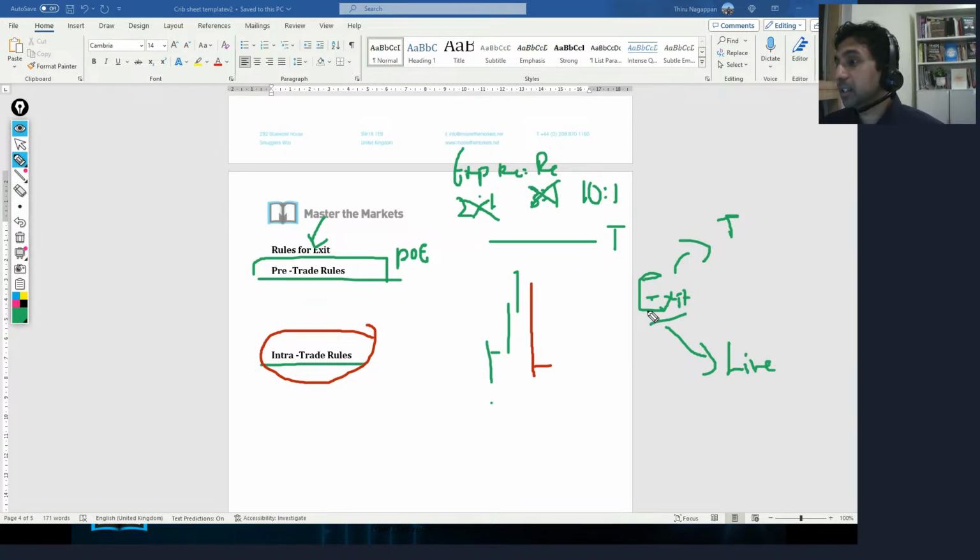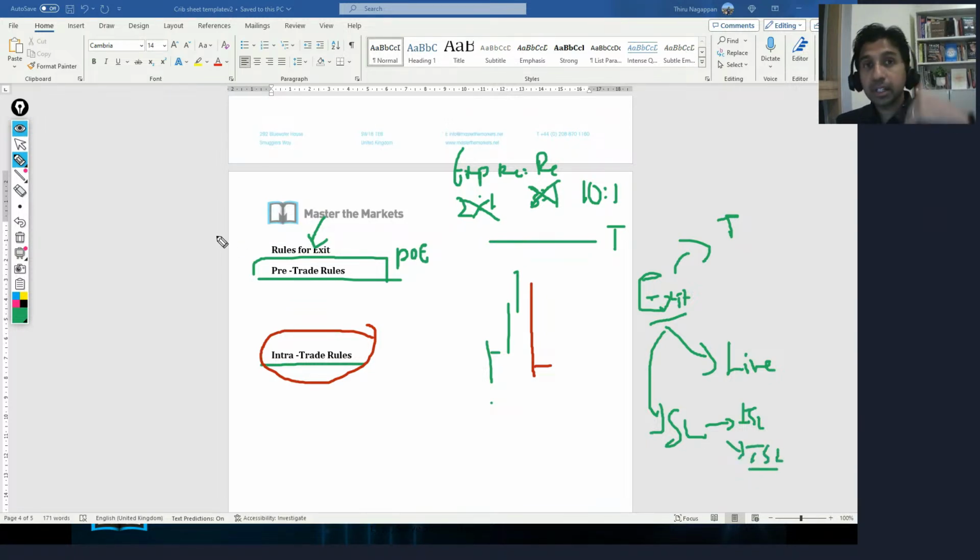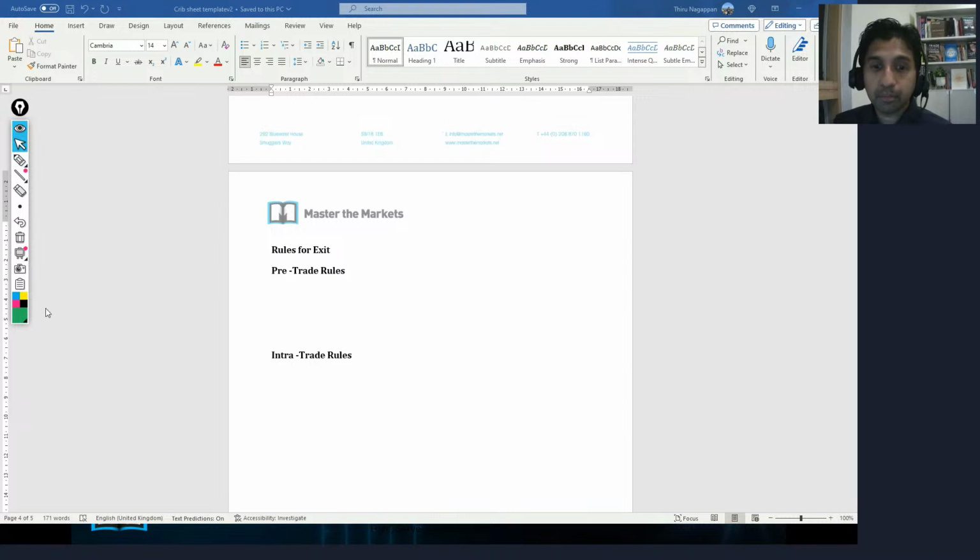That is another thing that you're going to be looking at. Another way that you can get exited as well is when it hits your stop loss. And your stop loss can be either your initial stop loss or your trailing stop loss, which you have already written in the previous component where we talked about the S component, remember,